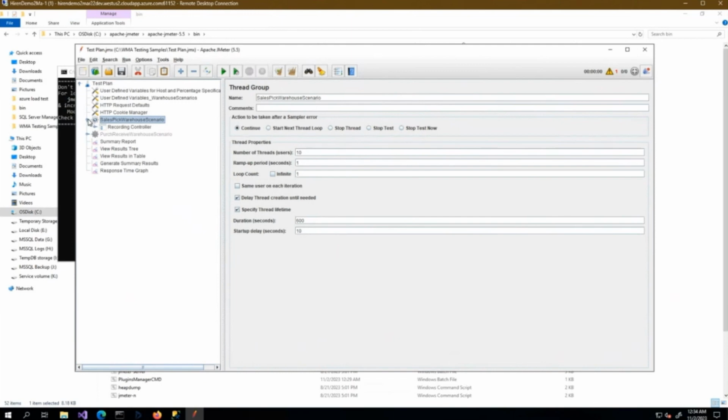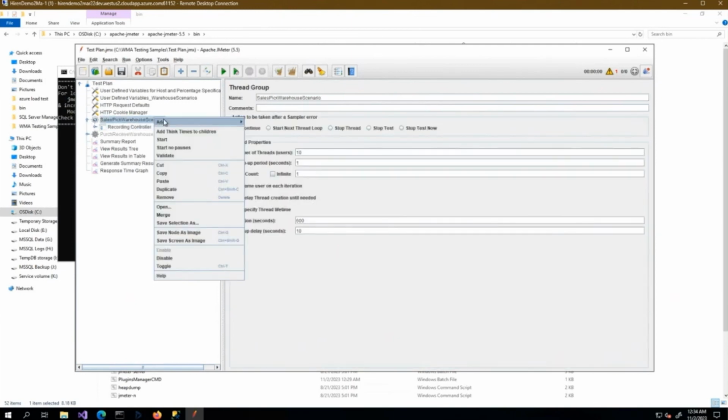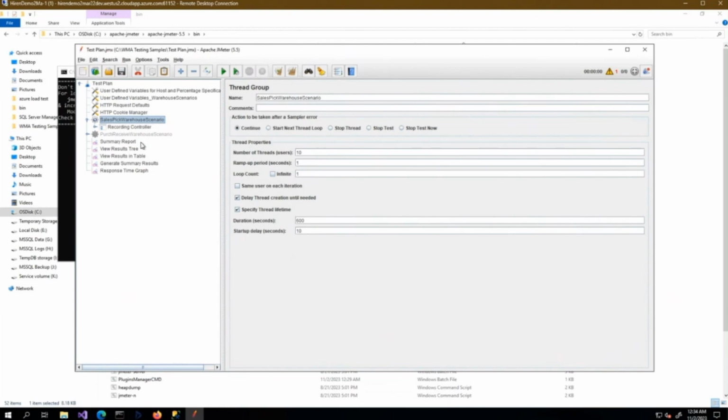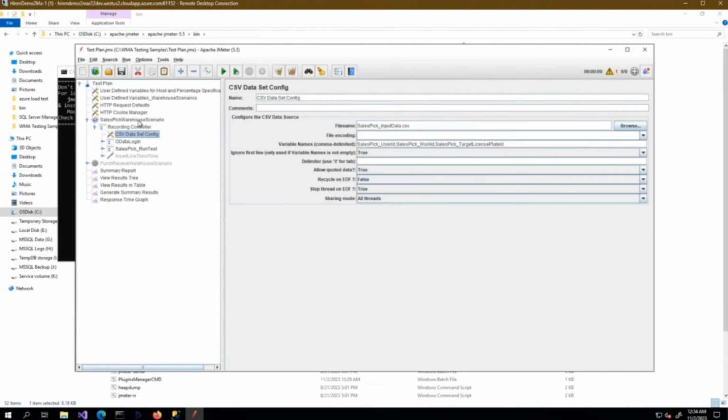Now within that thread group, I have a recording controller added. Recording controller, again, you can add from Add, and you can have a config controller. You can add the recording controller. Now within the recording controller, I added a couple of elements. The very first one is